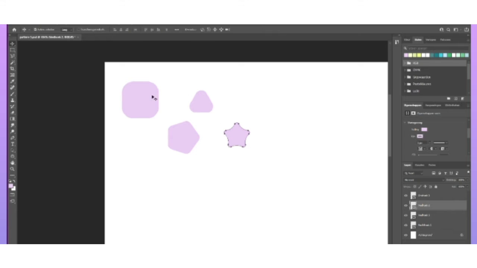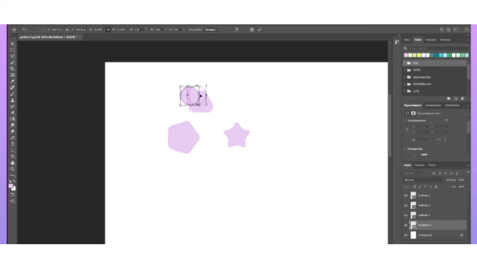I want the shapes all to be the same size. Oh. It's becoming round. Okay. So let me grab this one.